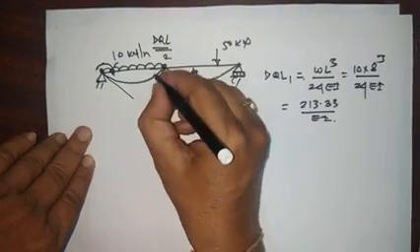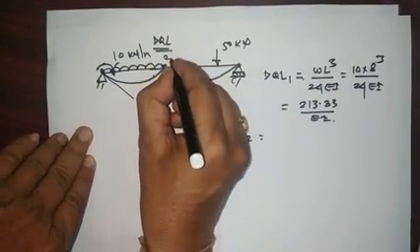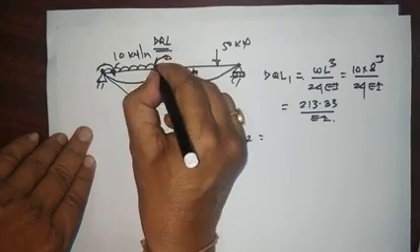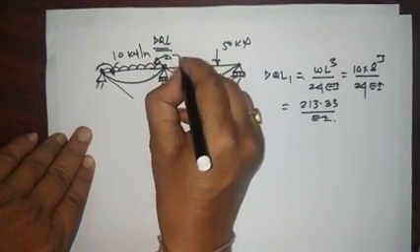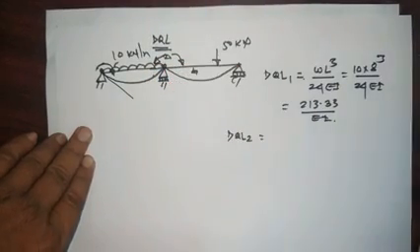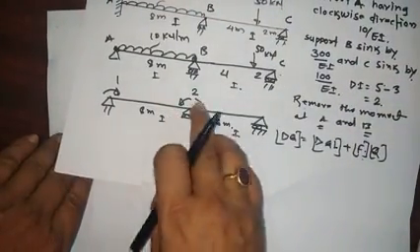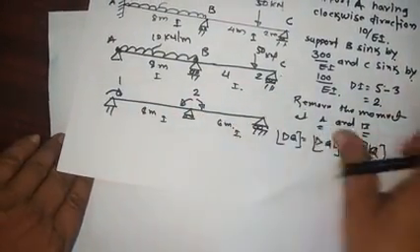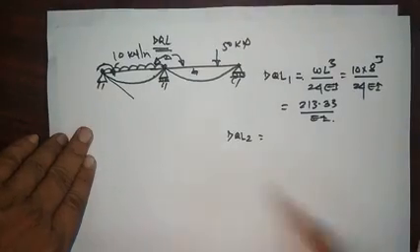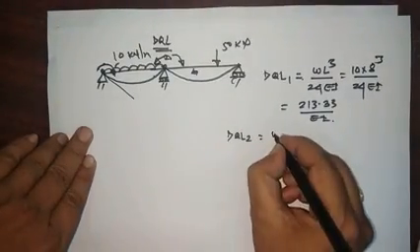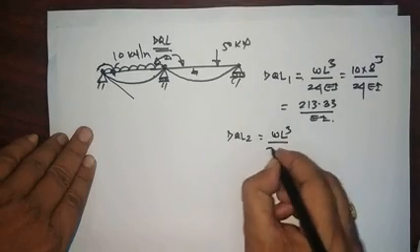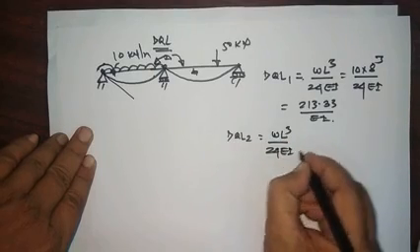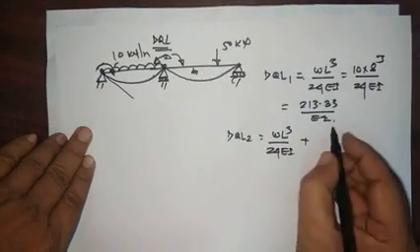So here the developed rotation in the AB span in this way and BC span in this way, and what we assume rotations are the same, that is why dQL for this AB span and BC span is positive. Now for this the formula is WL cube upon 24EI, and for this point load the formula is